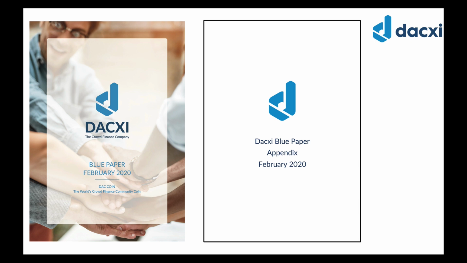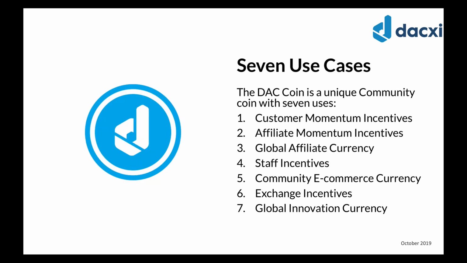We've been working on our ecosystem and the use cases for nearly 3 years now, which is why we produced a blue paper. Now, there is an appendix to that blue paper which covers a lot of detail of the different 7 use cases, I think like 17 pages. And we're doing that because we want people to really understand what we're doing and to appreciate the value of our business.